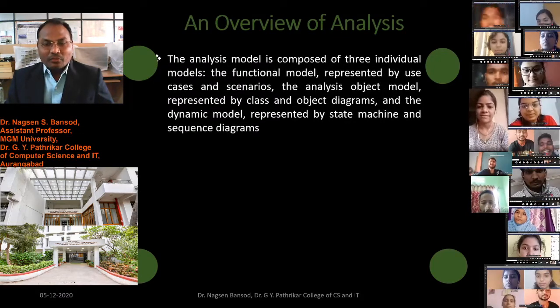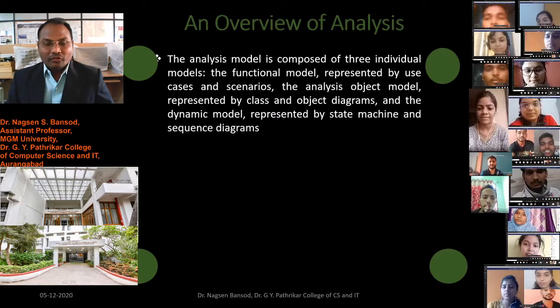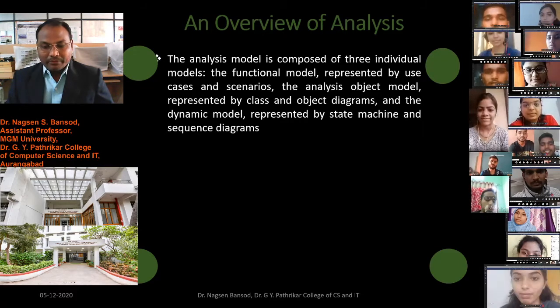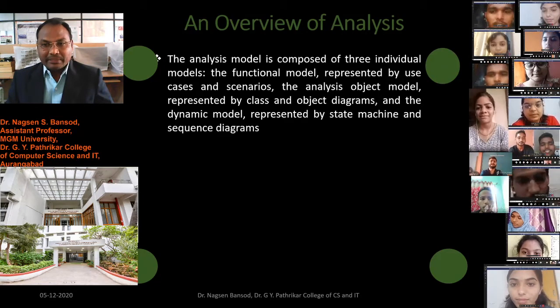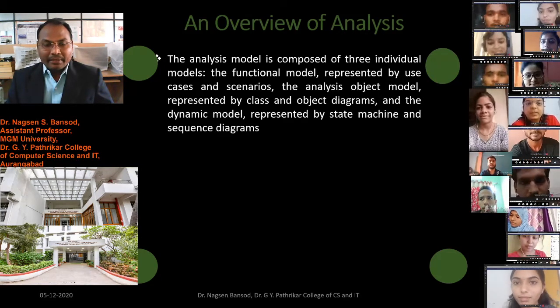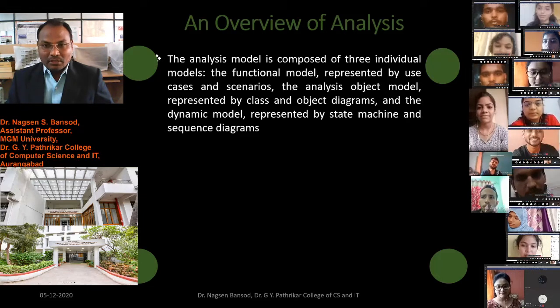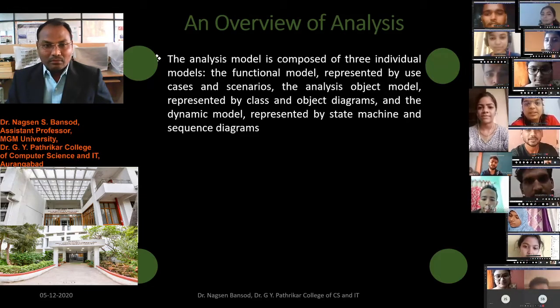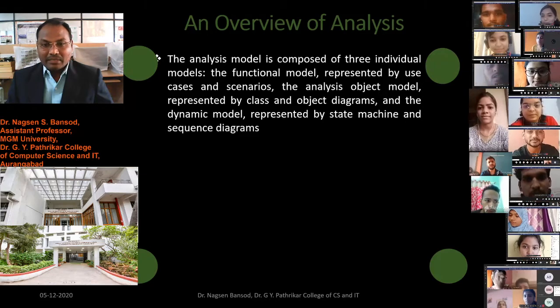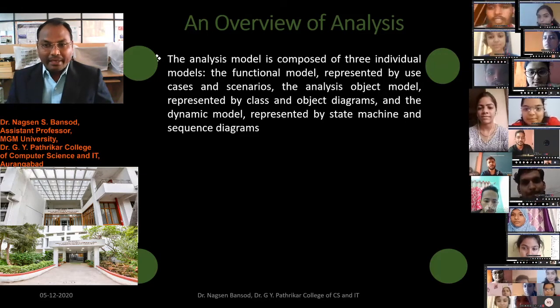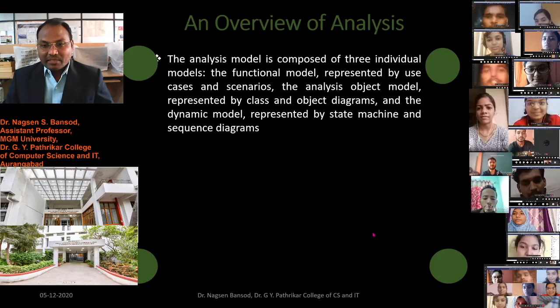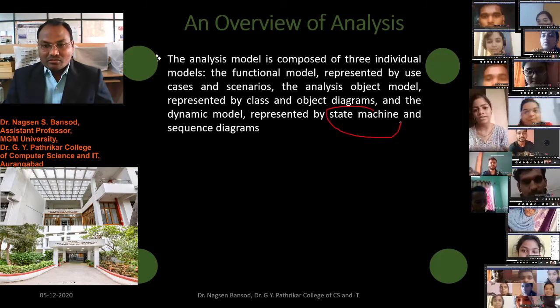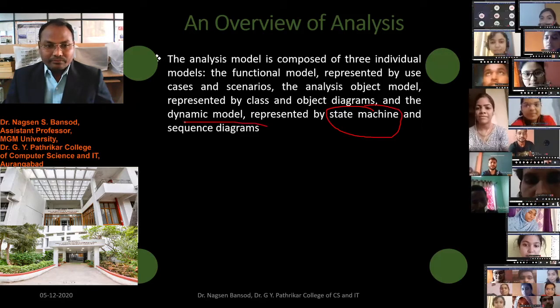The analysis model is composed of three individual models. You have to keep in mind this model. Functional model, which is represented by use cases and scenarios. The object model, represented by the class model, and the dynamic model, represented by the state machine diagram and sequence diagram.